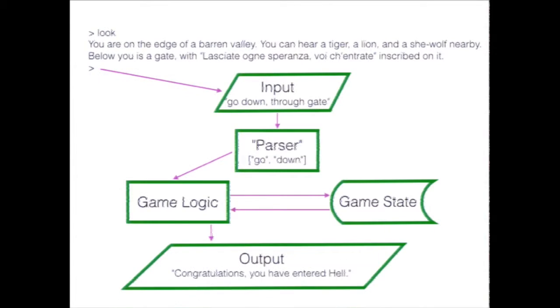Okay, so let's take what I just said and turn that into some kind of flow architecture diagram. So when a player types some input, the game has to figure out what the player actually wants to do. And then it has to figure out if what the player wants to do is allowed at that point in the game. If it is, it has to make that change, and then it has to report back to the player on what it did.